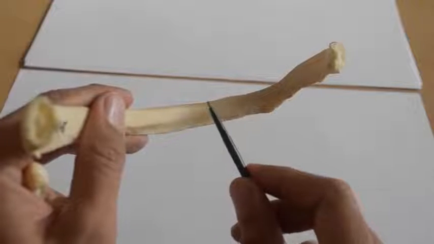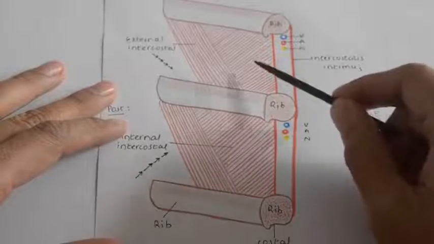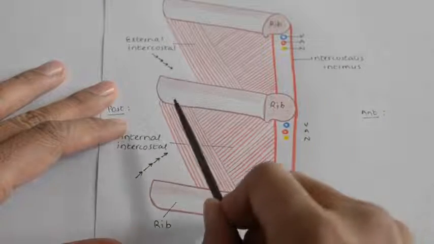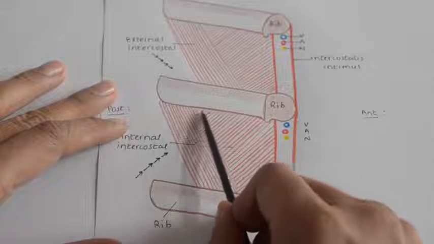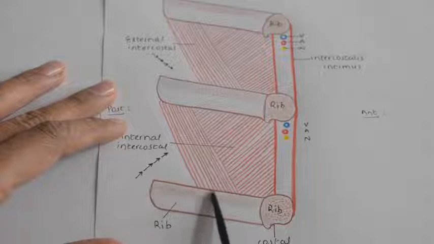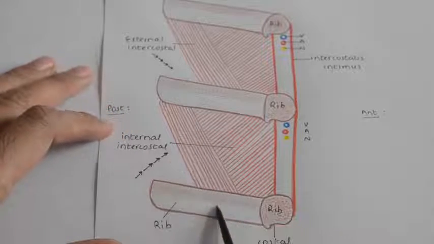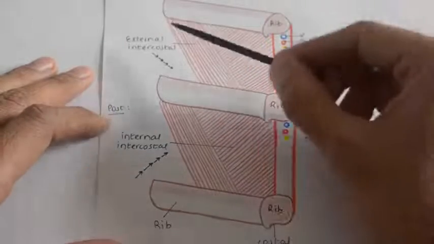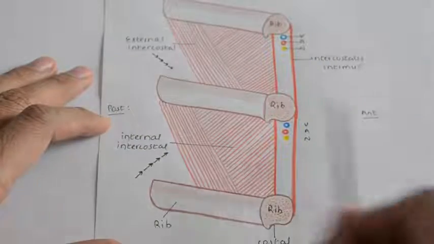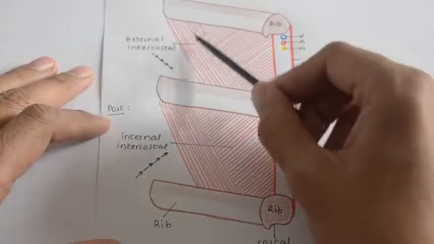Let's just see a similar thing in a diagram. So here you can see these are the ribs and the intercostal spaces in between. As we have discussed, the lower border will provide attachment to the external intercostal, and that will go down to attach to the outer lip of the upper border. So here is the external intercostal muscle, and the direction of the muscle is downward, forward and medially like this. Whether it is anterior or posterior, the muscles are directed downward, forward and medially.